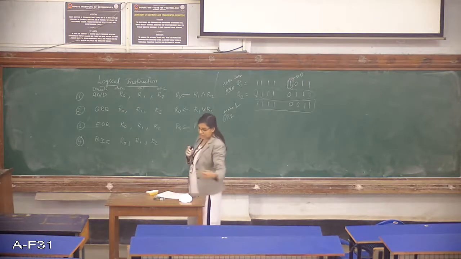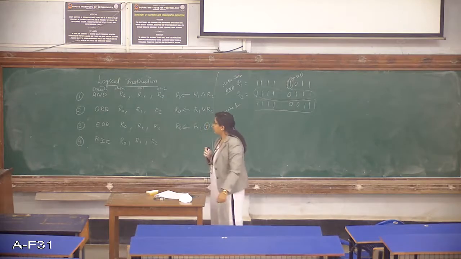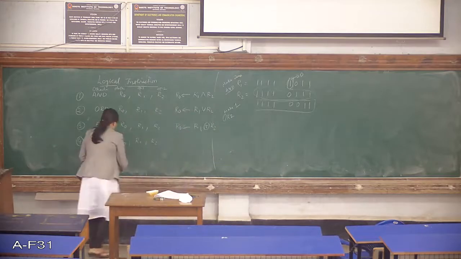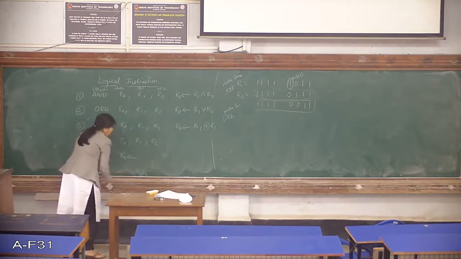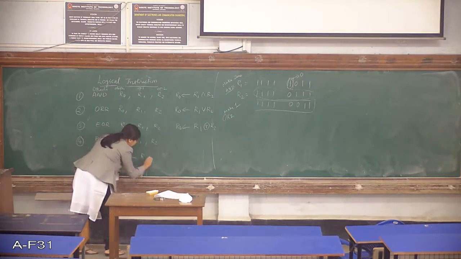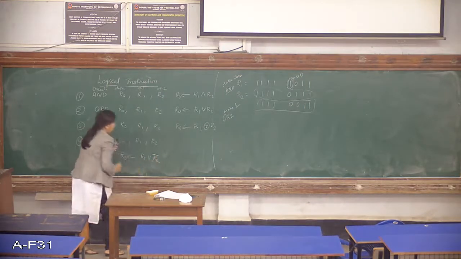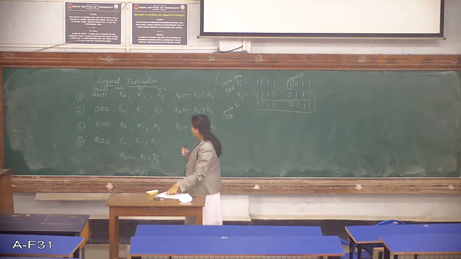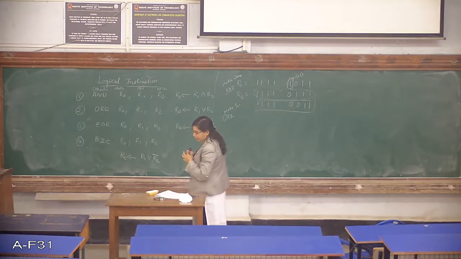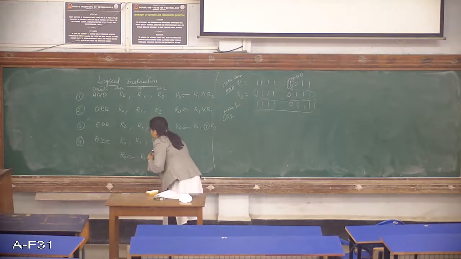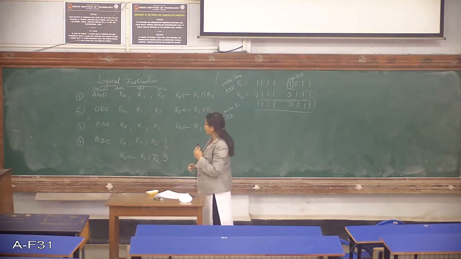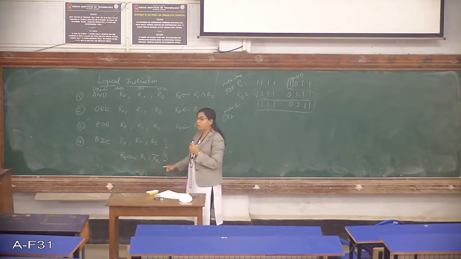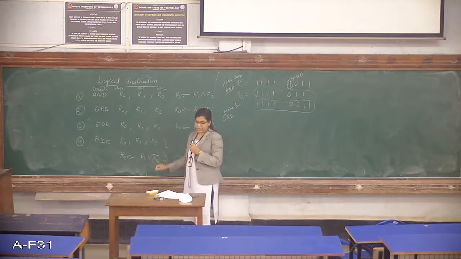How exactly this instruction works is, it is the same as your AND operation, but there is one change. In R0 you will be getting the result of R1 ANDed with R2 bar. Same like AND: in AND you used to do R1 AND with R2. Instead of that you'll be doing R1 AND with R2 bar. So R2 has been negated here.